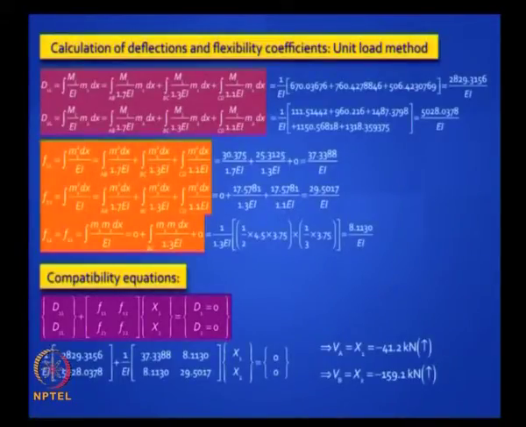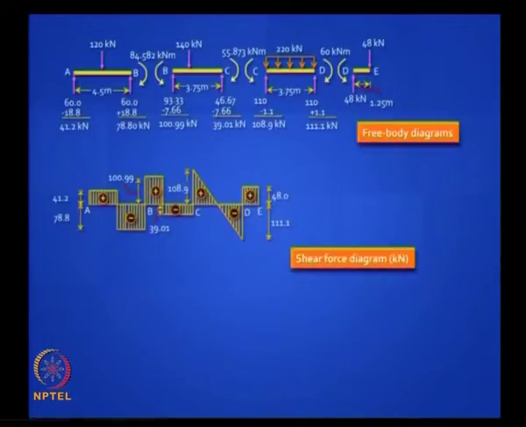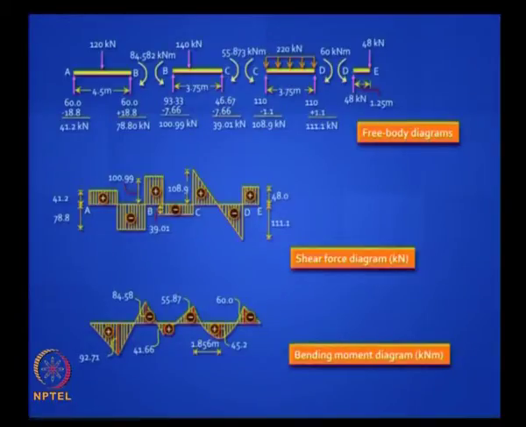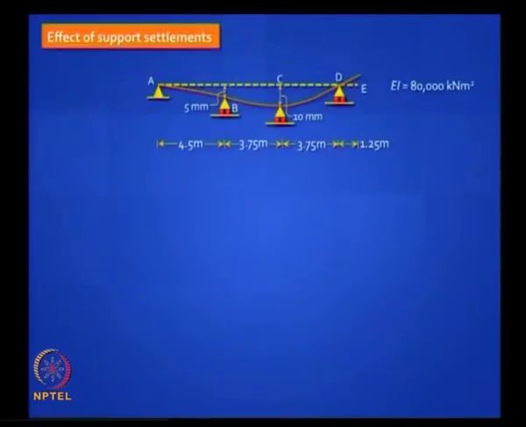Once you know x1 and x2 you can do this, you can draw the shear force diagram, draw the bending moment diagram. This is the least expected from a student at this stage. That means you have learned how to do statically determinate structures, you have got a statically indeterminate structure, you found the redundants, and after you found the redundant, the structure is reduced to a statically determinate structure and you can handle any structure. We have shown a beam, but you could very well apply this to a truss or frame.